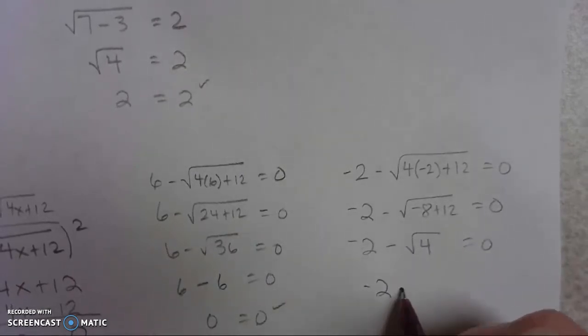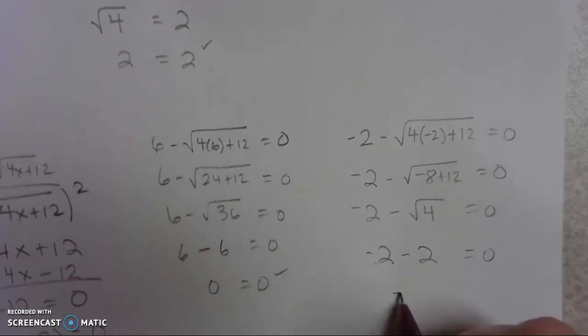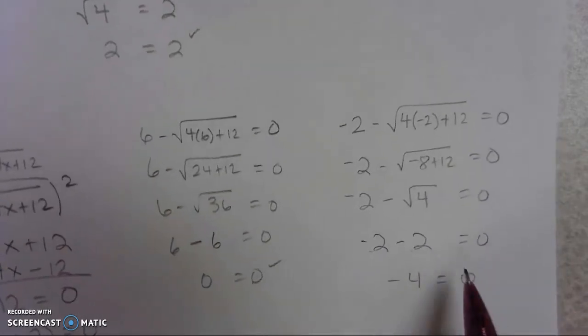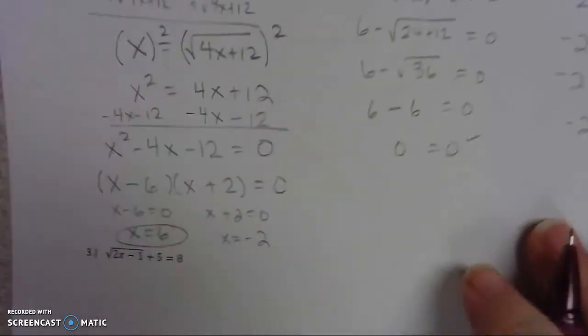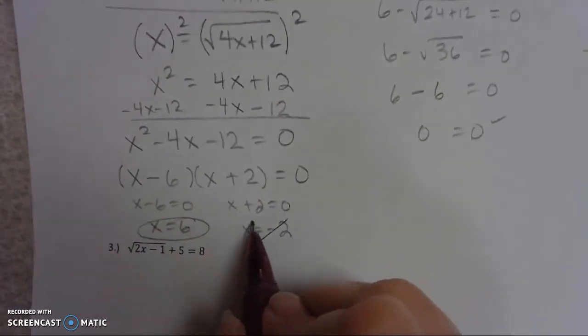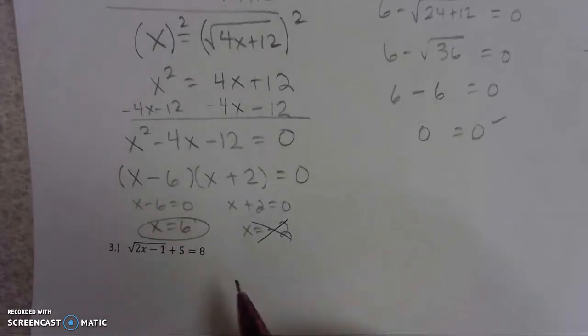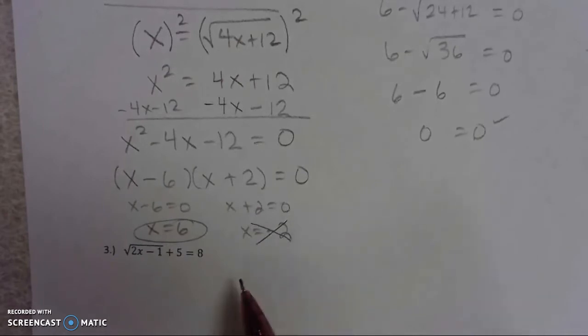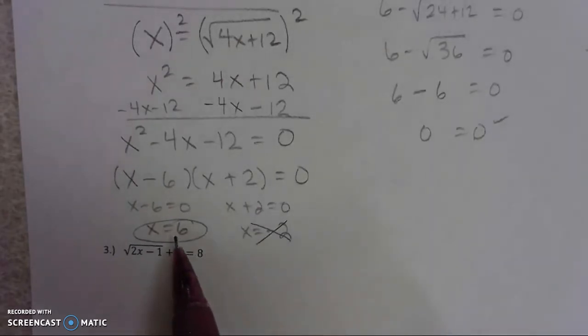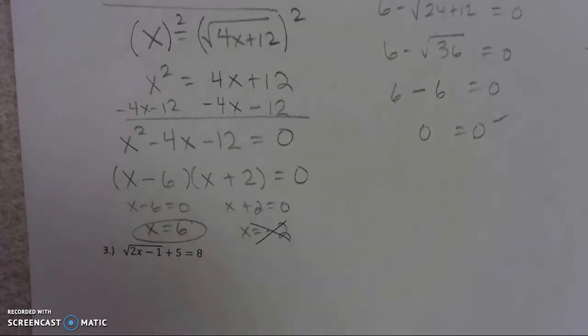Alright, then negative 2 minus 2. Negative 2 minus 2 is negative 4. Alright, and negative 4 does not equal 0. Alright, so therefore negative 2 is not a solution. So you have to check both of them. Alright, and if one doesn't work, make sure you tell me which one does work and which one doesn't work by some indication. Okay, you can just cross it out, circle it,